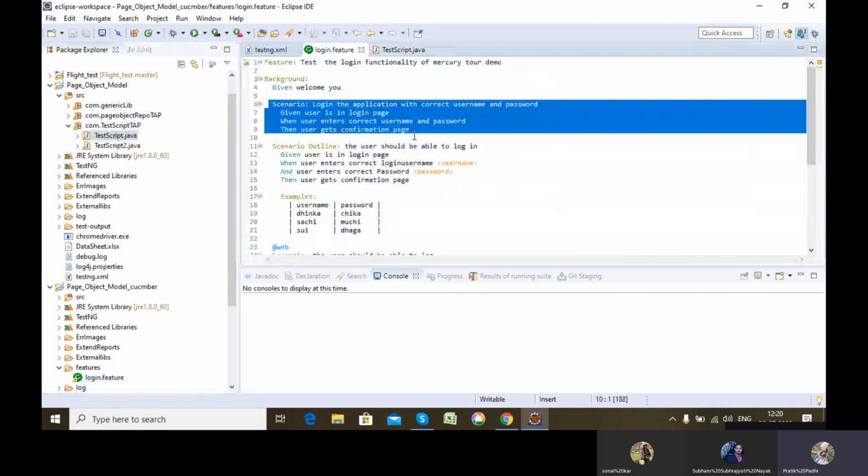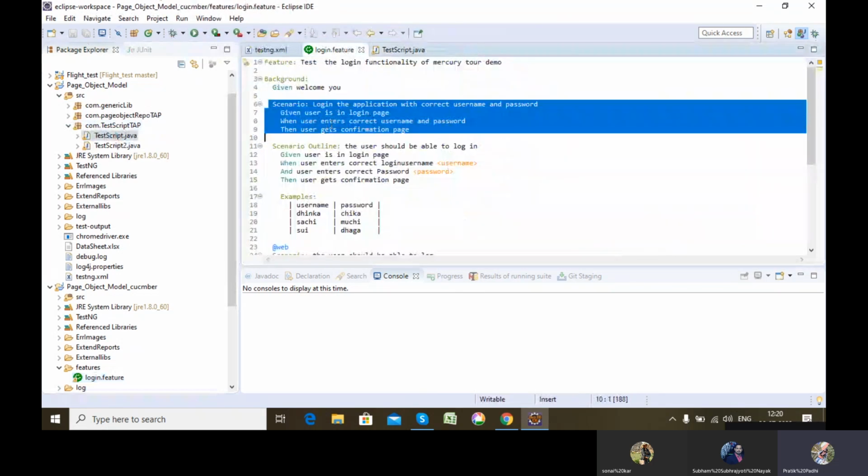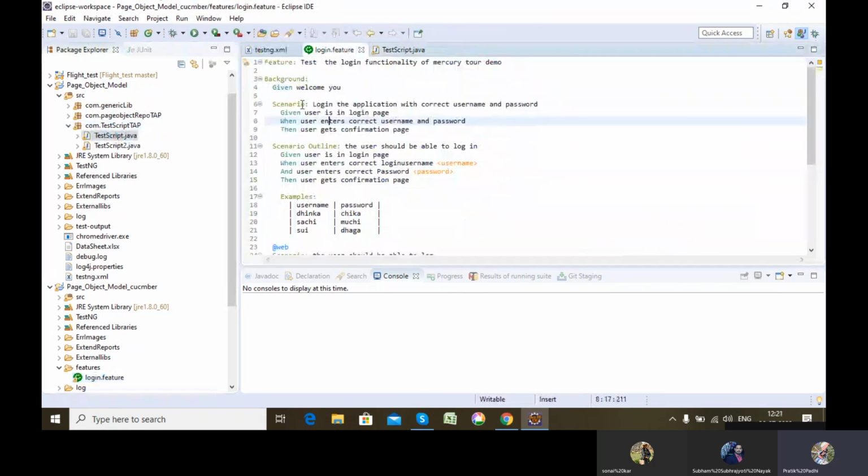You are writing that particular case in the scenario. For example, if a test case is login, and it validates that it went to the home page, you write it in @test. Here, you write the same thing as a given scenario. This one is also optional. You write it as per your choice and convenience.